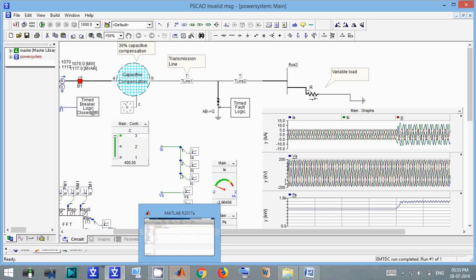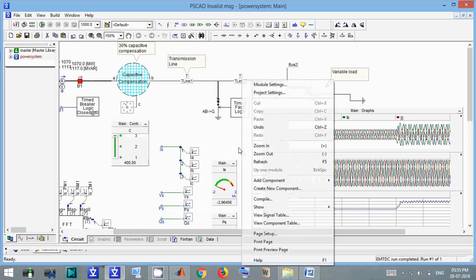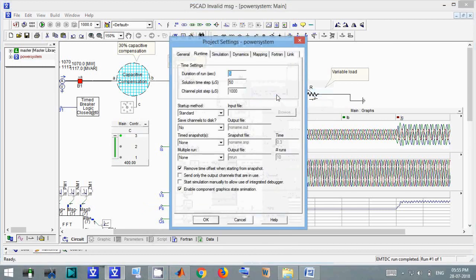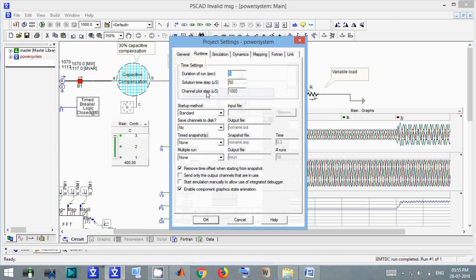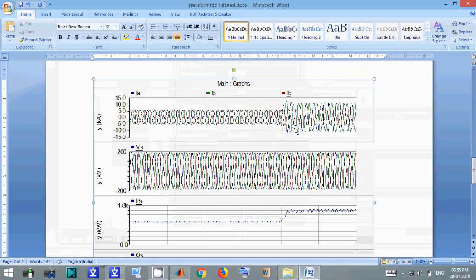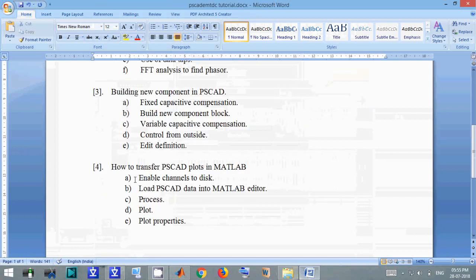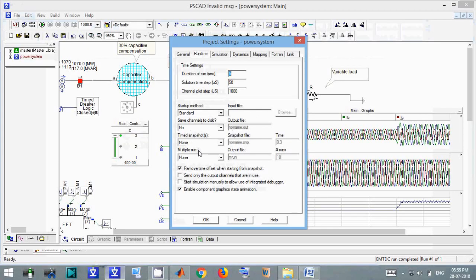So what should we do? First, just right click on the model window and go to project settings. Here you can see the first point. What is the first point? First point is enable channels to disk. Okay, just see whether it is enabled or not. Save channel to disk, it is disabled. You have to enable this and give any name,